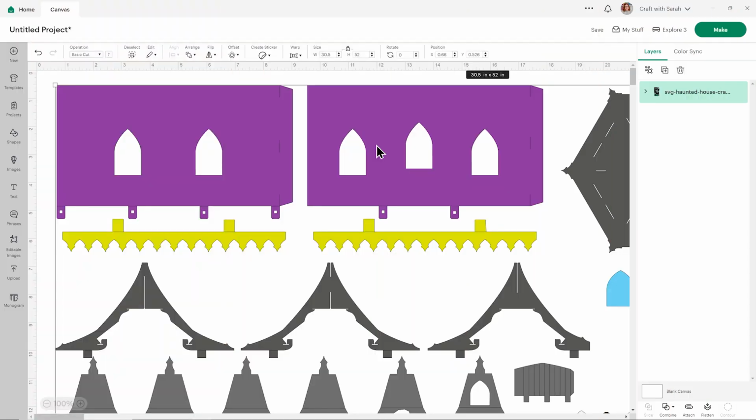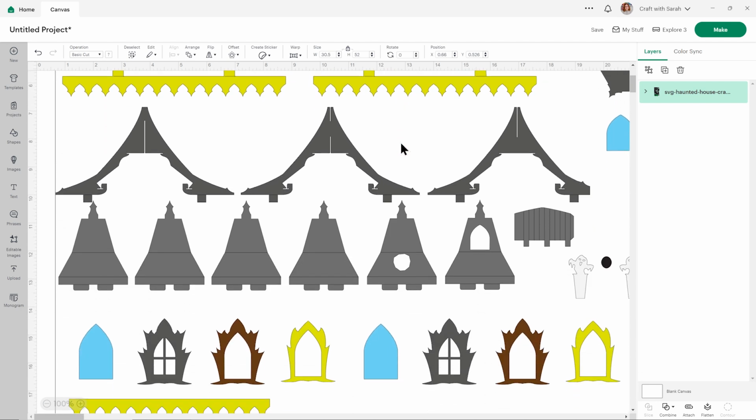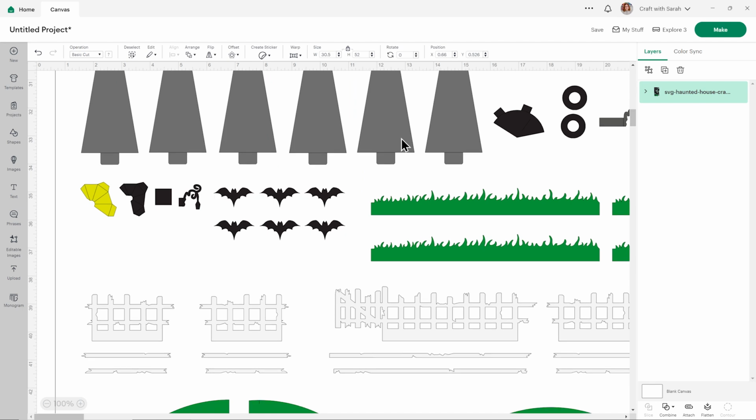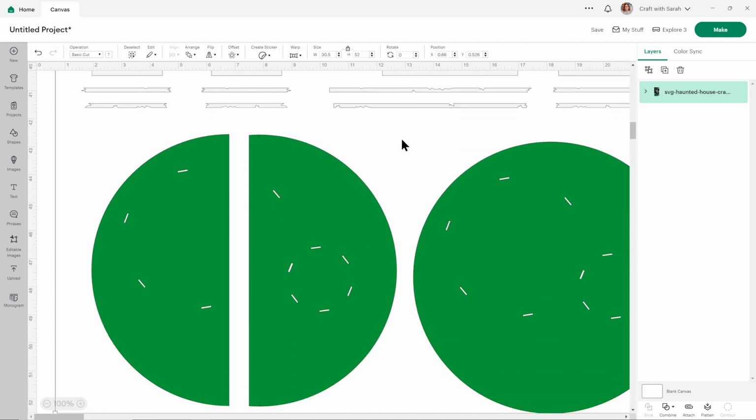This is what the SVG file looks like when it's loaded into Cricut Design Space, so you can see all of the pieces laid out throughout the file. If you're not sure how to get to this stage, check out the schedule page for the Halloween Craft Countdown and look for the Foundation Learning box near the top of the page. Within there is a link to a separate tutorial and video on how to upload SVG files within Cricut Design Space.